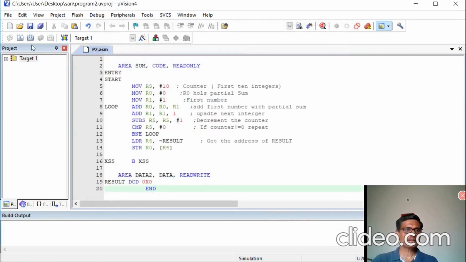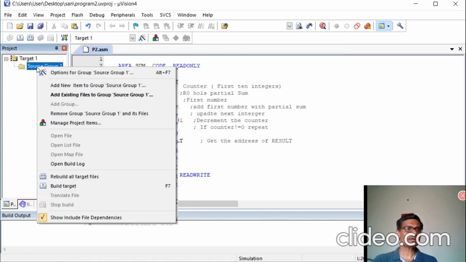After saving, you have to add that file to the target here. Click on this target. Click on source group 1. Right click on this. You have an option here called add existing file to group source group 1. Add the existing file which is already open.